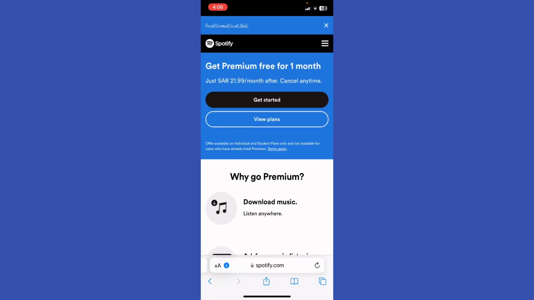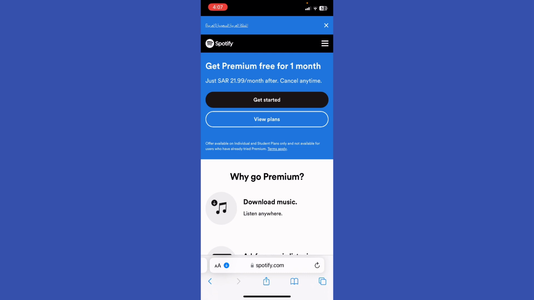It used to be before that you can get Spotify Premium for free for at least 3 months, but now I think it is for 1 month. Anyways, you can just go ahead and start your free trial if you haven't started your free trial, or you haven't downloaded Spotify before. Just go ahead and start the premium for free, and now afterwards you're gonna have to